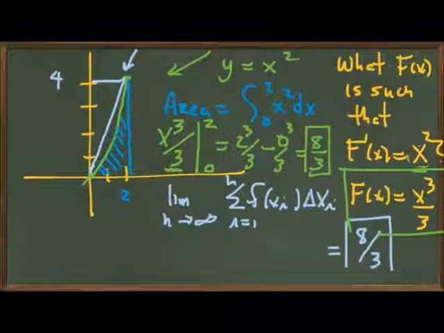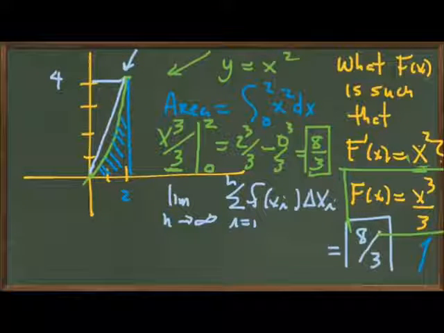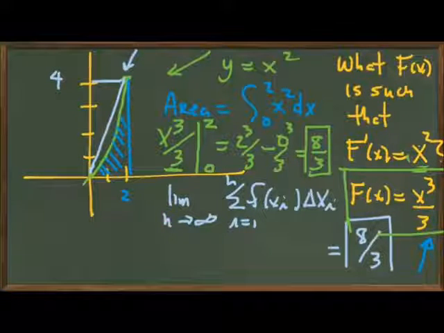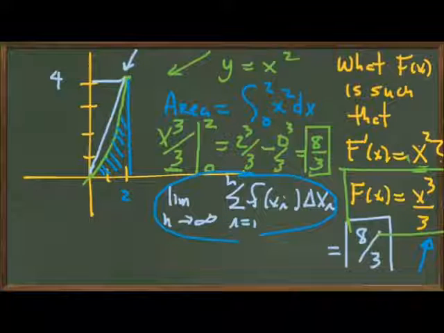We should note, though, that when it's possible to get the antiderivative of our function, x cubed over 3 here from the function x squared, finding areas when it's the function above the x-axis, or finding definite integrals in the more general case, is very easy. However, we can never discard this technique because,